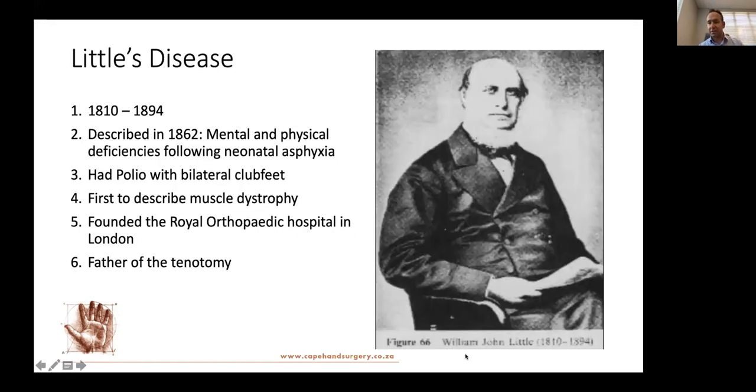So yeah, just a little bit of history. Little described the mental and physical deficiencies following neonatal asphyxia. Quite interestingly, he had polio with bilateral club feet. And he also described muscle dystrophy, and he founded the Royal Orthopedic Hospital in London. So everything that we speak about, essentially about asphyxic sequelae of a neonatal event or pediatric event, was recognized by